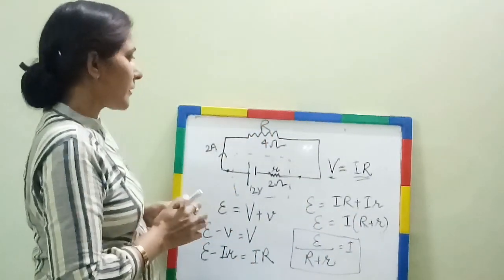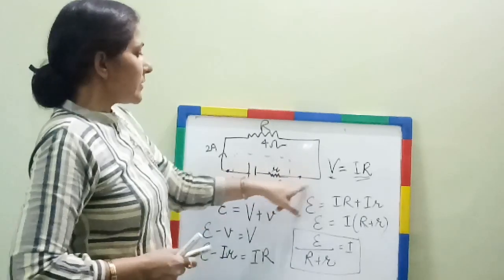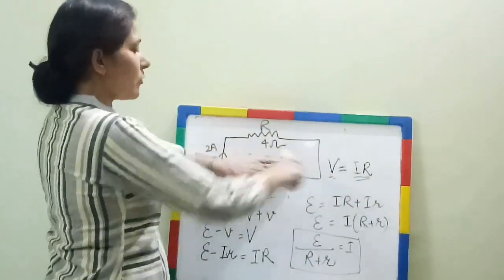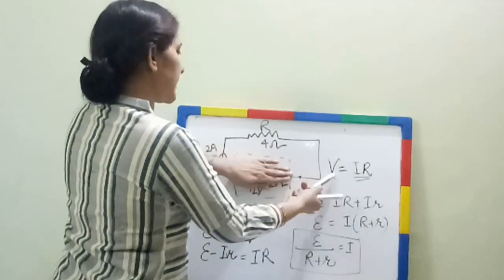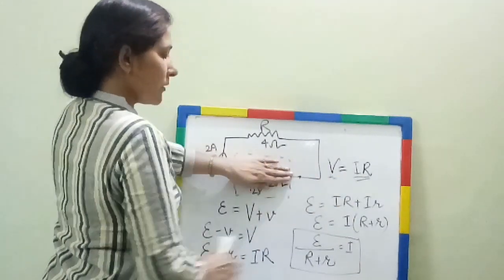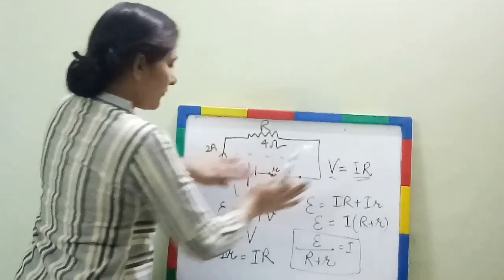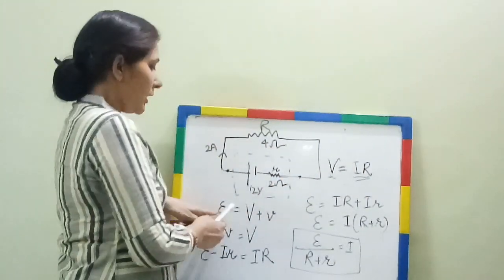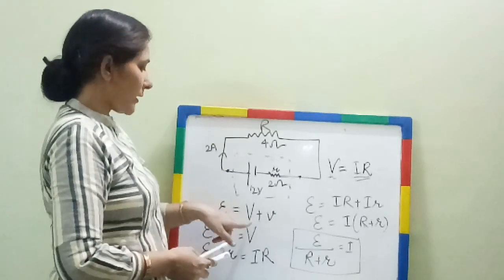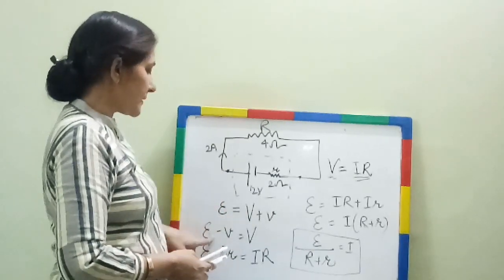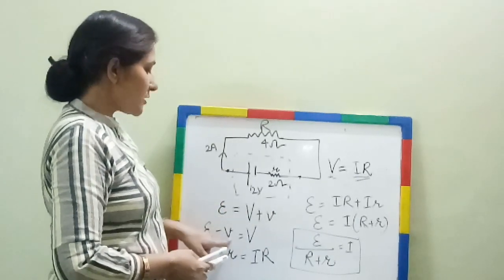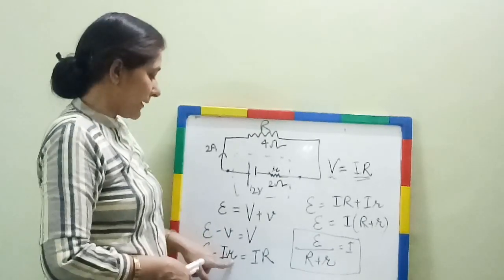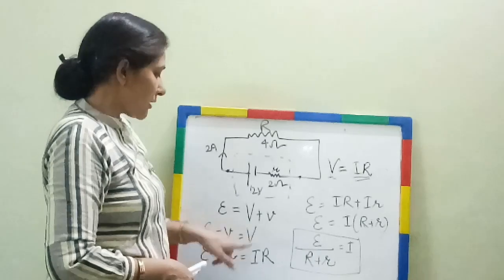How we did it? In the external circuit we said V is equal to IR. सिर्फ इसको भूल जाइए. अगर अब हमें Ohm's law अप्लाई करना हो, we are always using it. V is equal to IR. Okay, we have this with us, and we are moving on to our previous derivation, which we did right now. E is equal to V plus v. I calculated the value of V from here, that is E minus v. And this v, voltage drop, can be written as I into small r, because this is of internal resistance.